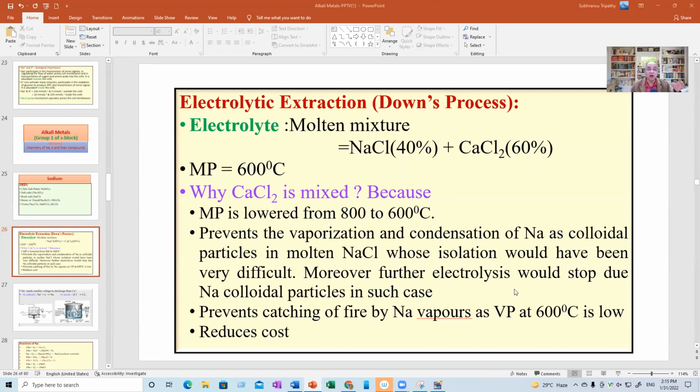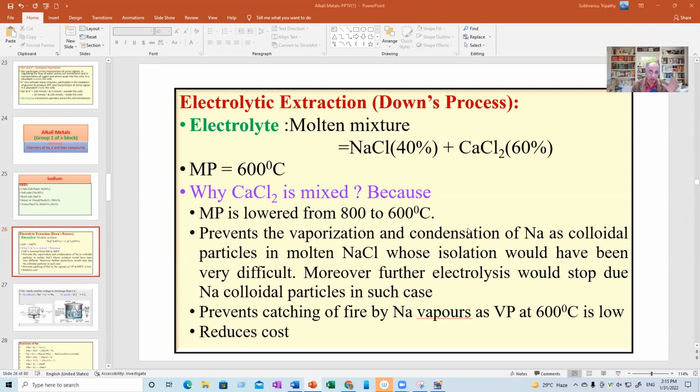The electrical conductivity will be immediately stopped because of the colloidal particles of sodium. And moreover, it is very, very difficult to isolate the colloidal sodium from that mixture. That is why 600 degrees Celsius is good, economically and otherwise, and it happens very smoothly